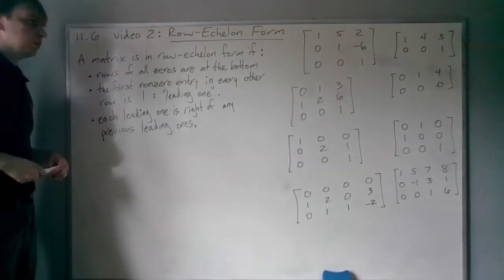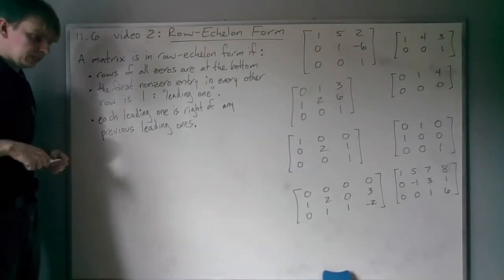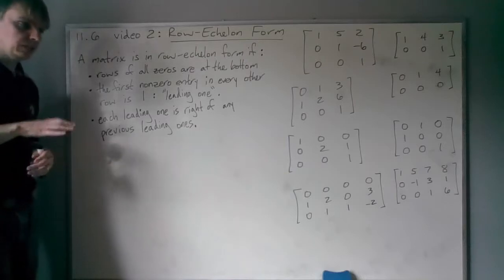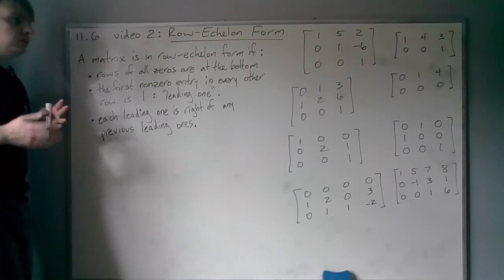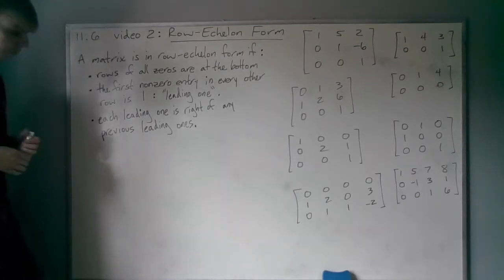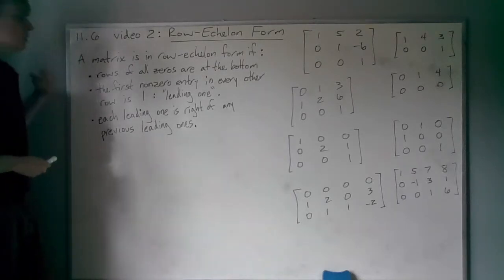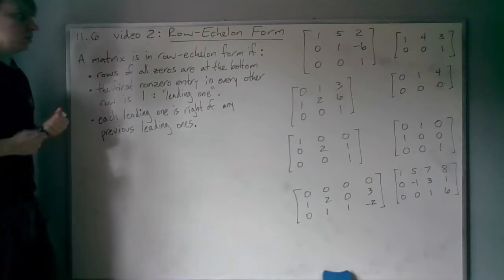Okay, in this video I want to talk about row-echelon form, and this is related to Gaussian elimination, so we're going to see why this is important in a little bit, but for now let's just talk about what exactly does it mean. So a matrix is said to be in row-echelon form